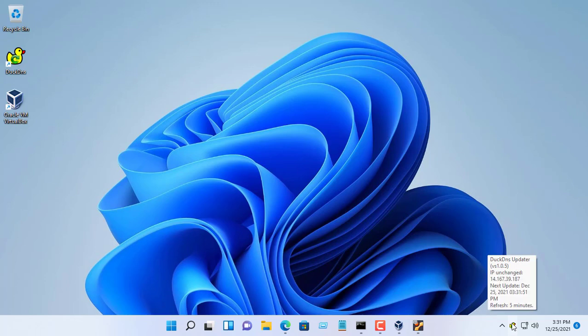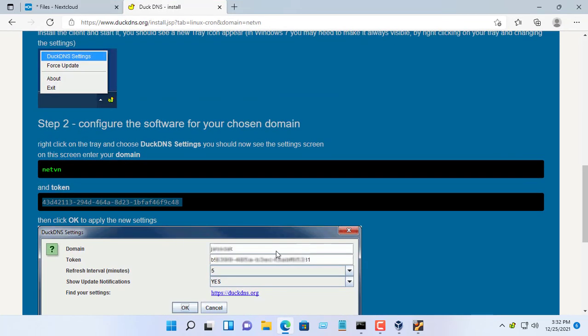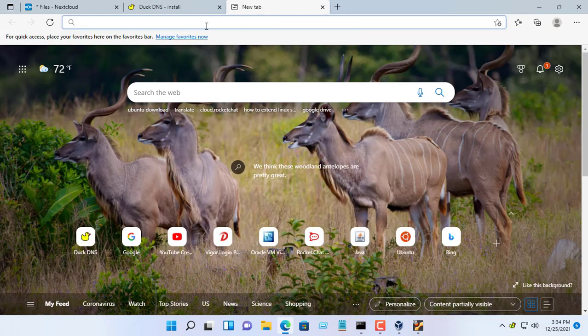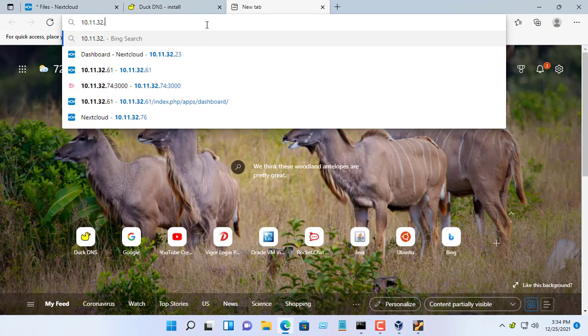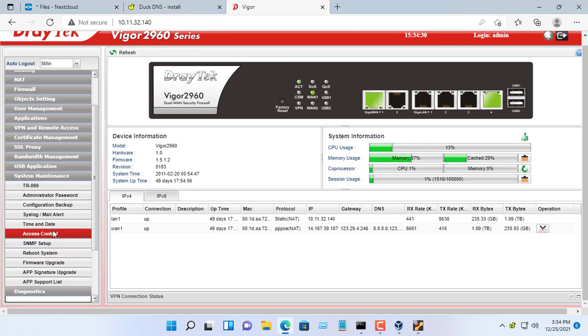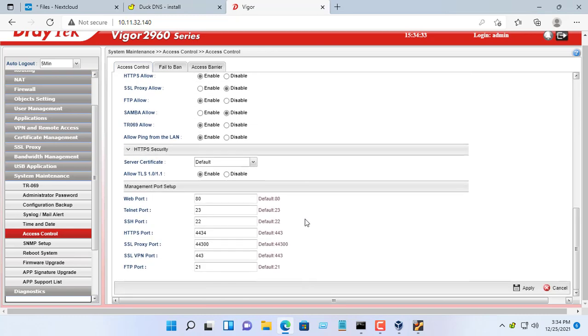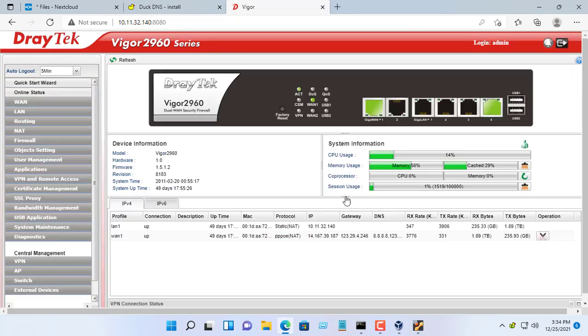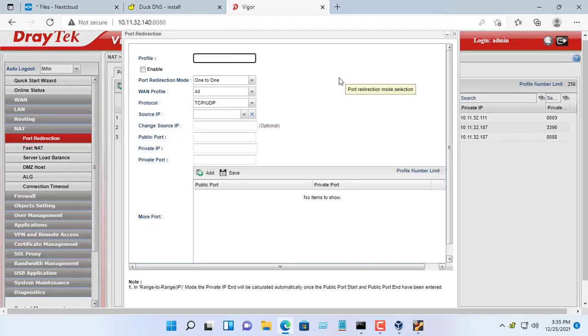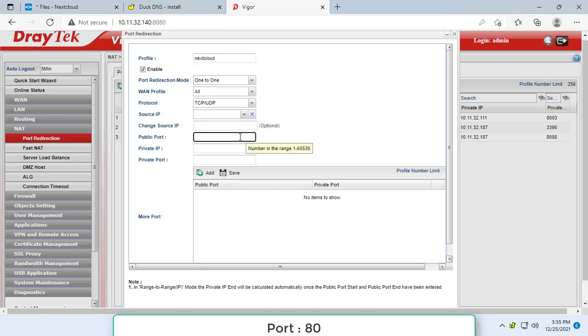As you have seen, your public IP address has been updated successfully. To access the cloud storage, you need to open the port on your router. The port to open for Nextcloud is 80.